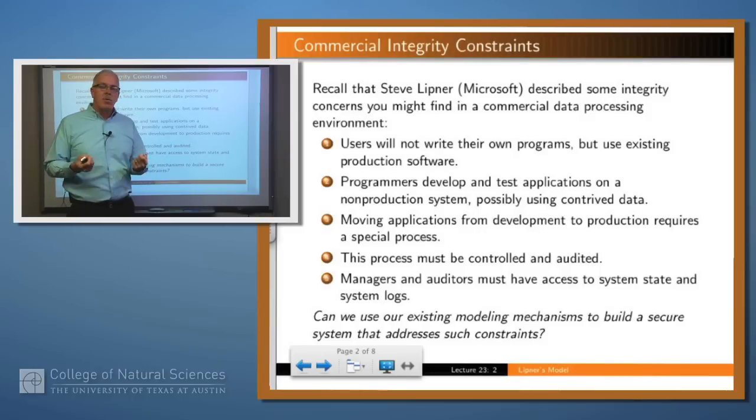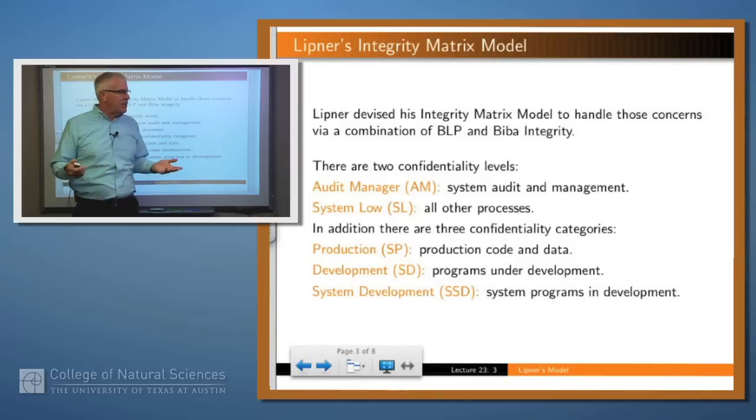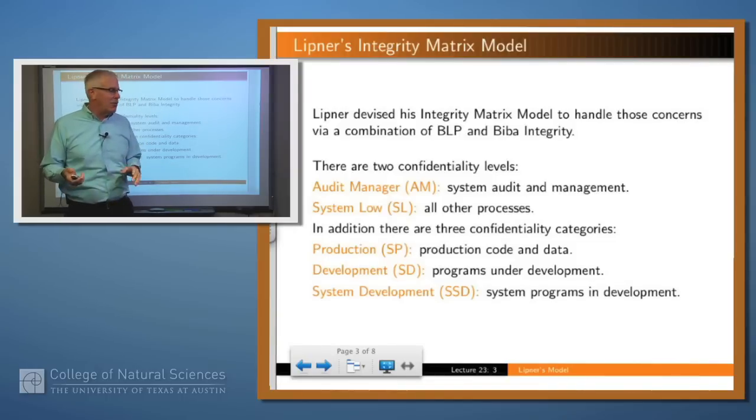So the question is, if those are the kinds of integrity concerns we're interested in, can we use our existing mechanisms like Biba strict integrity and Bell-LaPadula to do that in a reasonable way? Lipner said that we could, sort of. He came up with a system of labels, and I'm not going to go through these in any detail, for integrity and a separate set of labels for confidentiality.